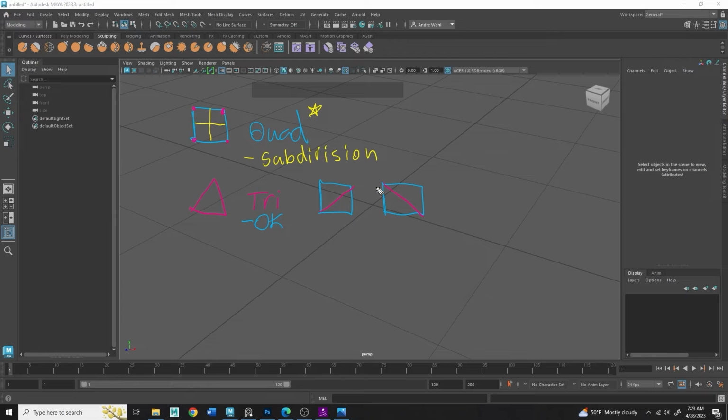Triangles are okay. There's nothing wrong with them. But the problem with triangles is 3 divided by 2 doesn't work. So how does subdivision split a triangle? We're going to explore that by taking a look at geometry and looking at the preview to see how it looks. In short, it's going to approach it the same way. It's going to place a vertice at the center, but what we're going to end up with is a bit of a different look because it's going to place the vertices at different points here,